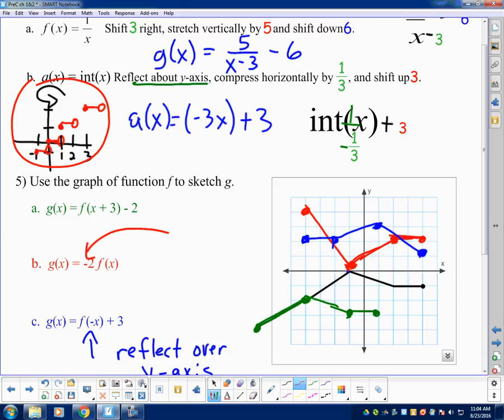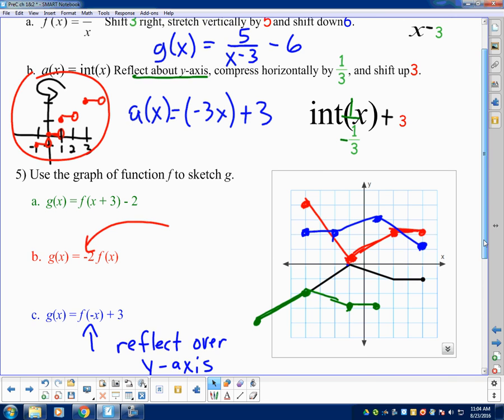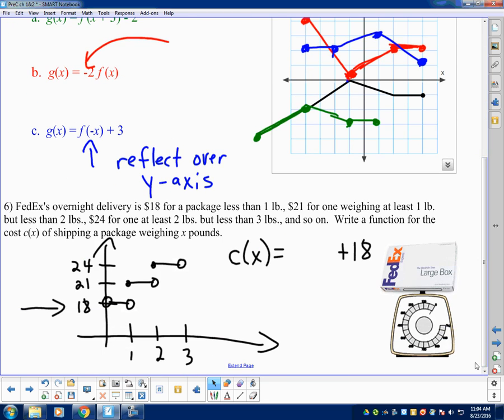You can see why I had to move it up 18, but it's starting at 0, then goes to 1, and then 2, and so forth. Well, this one, starting at 18, is jumping from 18 to 21, and 21 to 24. So it's been stretched vertically. Instead of by 1, it's by 3. So we have 3